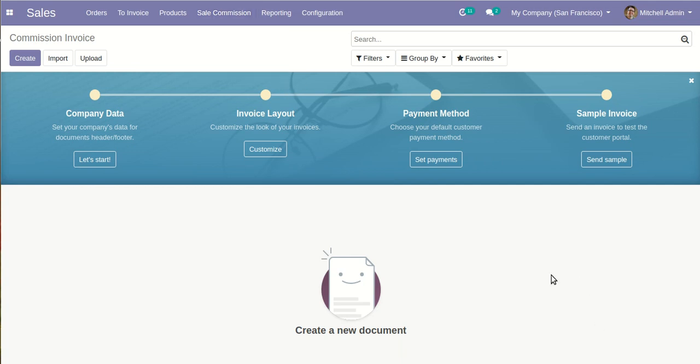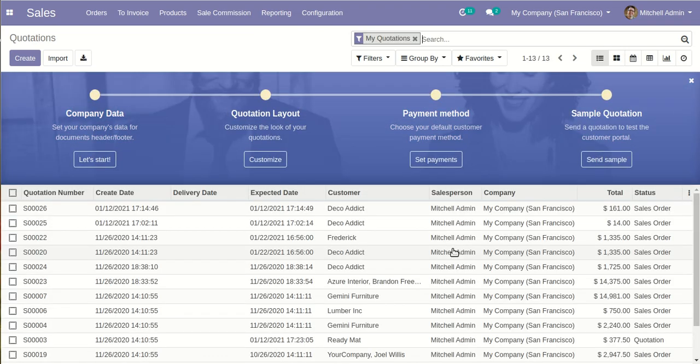So like this you can configure different kinds of commission settings: how you calculate, how you generate the commission, and whether it is based on payslips or invoices, to control your commission calculation. Based on that, the system will automatically calculate the commission, and different employees will get their related commissions by either percentage or fixed amount. So this is all about the sales commission module's functionality.